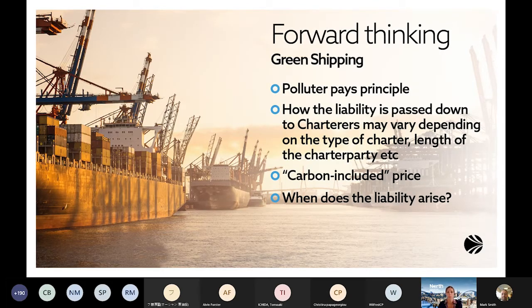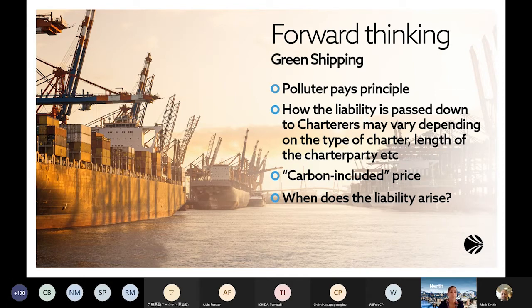So just looking at this slide, how can a shipping company, most likely the owners, pass their liability onto the charterers? Well, the EU ETS proposal states within it that, in line with the polluter pays principle, the shipping company could, by means of a contractual arrangement, hold the entity that is directly responsible for the decisions affecting the CO2 emissions of the ship accountable for the compliance costs under this directive. This entity would normally be the entity that is responsible for the choice of fuel, route, and speed of the